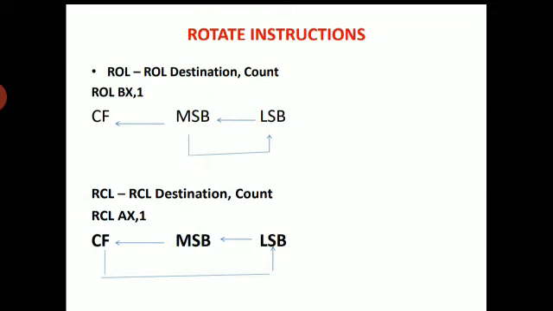And then we move on to the next instruction, RCL, that is, rotate along with carry. The previous instruction specifies rotate left without carry. This instruction specifies rotate with carry. So we have to rotate along with carry. Its syntax is RCL destination comma count. The example is RCL BX comma 1. So I am specifying the diagram as: LSB content is moved to MSB, MSB is moved to the carry flag, and then the carry flag is again moved to the LSB.